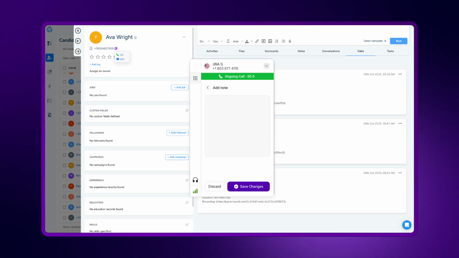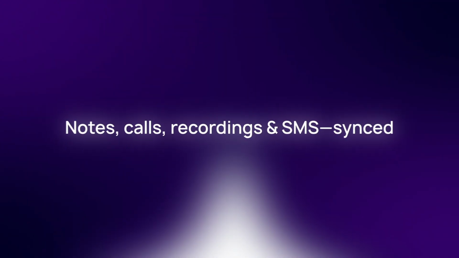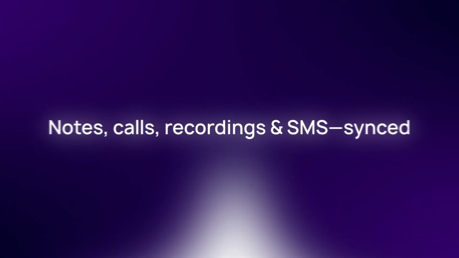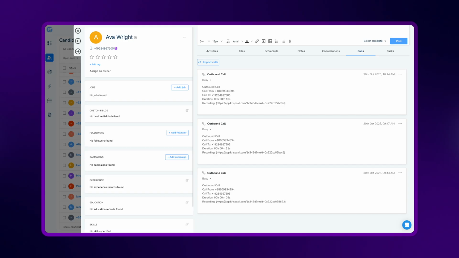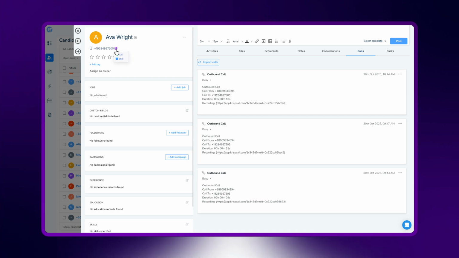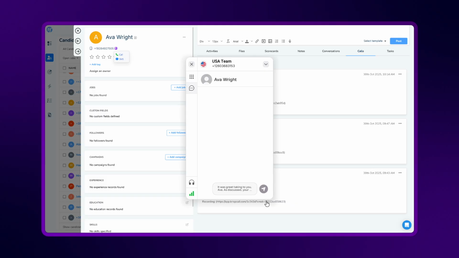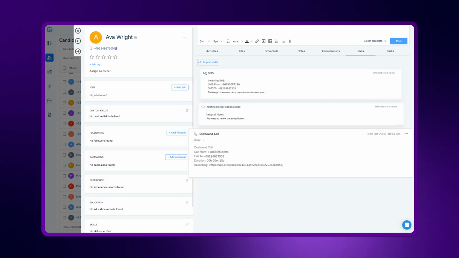During the call, add notes and sync them directly under Activities in the applicant's contact. Along with notes, sync all call log activities with recordings and even SMS conversations. Sending SMS within KrispCall is also the same. Upon clicking the KrispCall icon, simply choose the SMS option, type your message, and hit Send, logging it automatically within